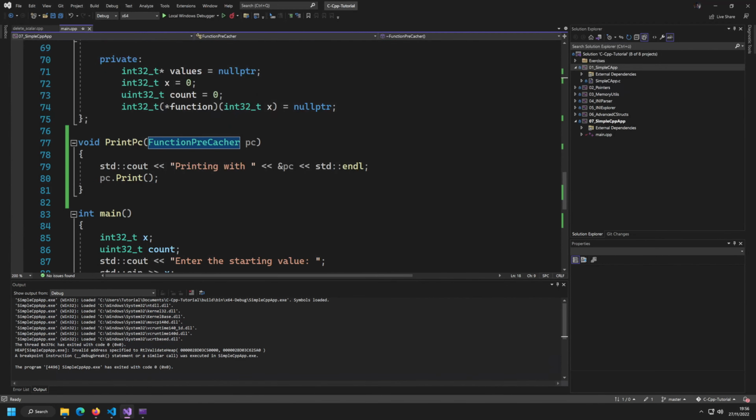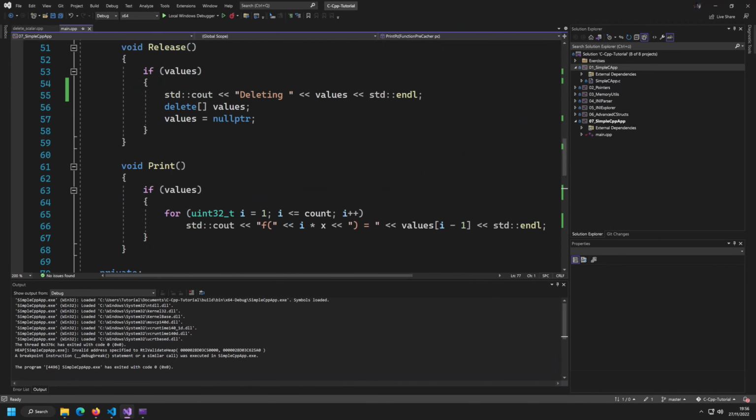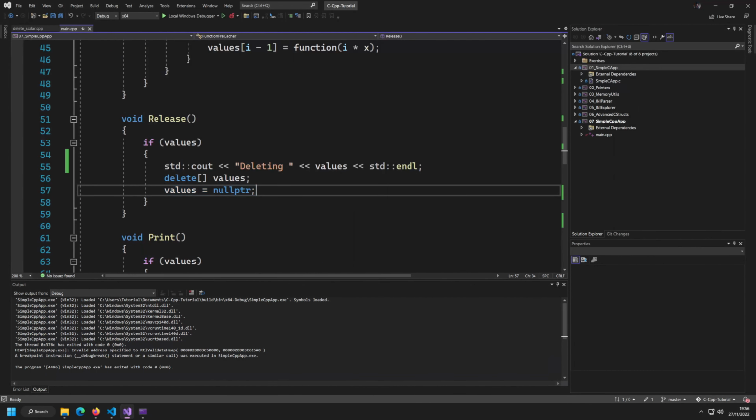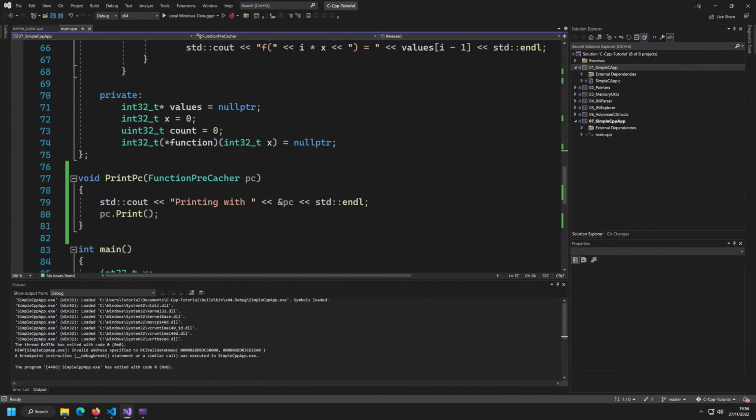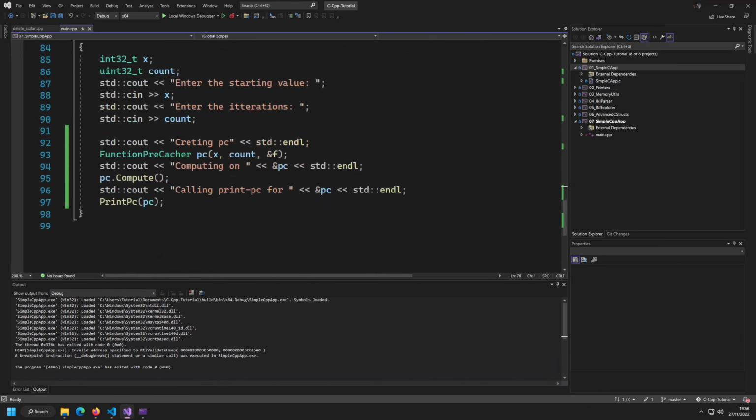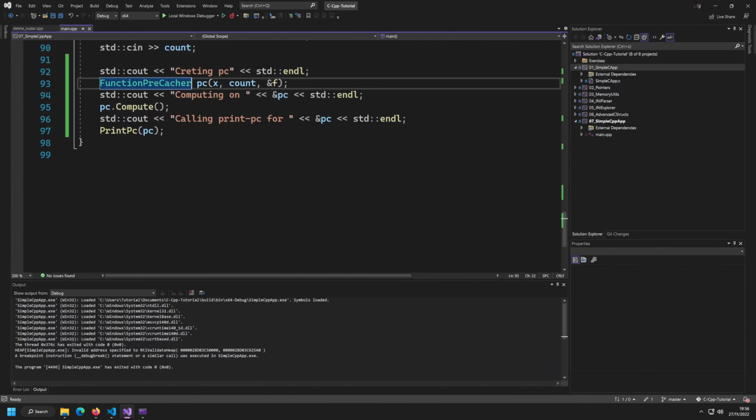However, it is only released at the copy of the object. So the copy of the object gets the proper call to release. The release call is also setting the values to null pointer, and everything is good. But only with that copy. As soon as we are returning to the main function, the copy is discarded, but we are still left with the original PC, and the original PC gets destroyed again. It still has the old state in there, so the pointer has not been set to null pointer, and this is going to result in the error